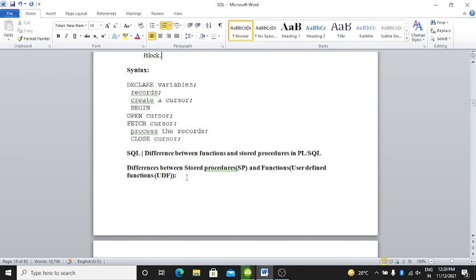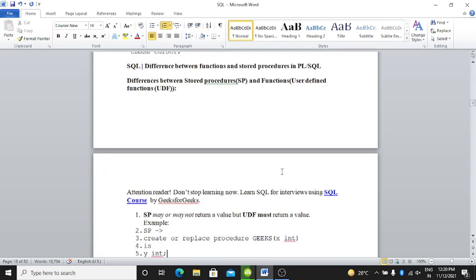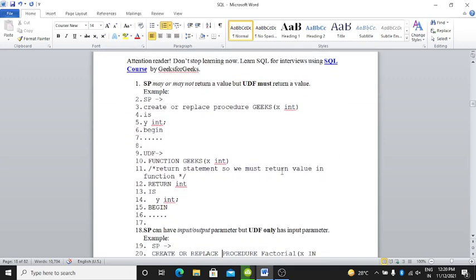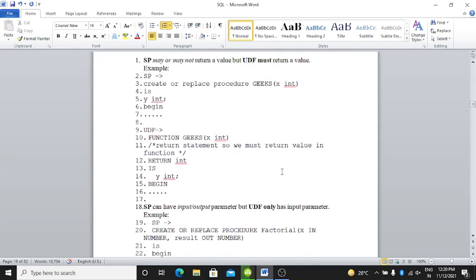Here the difference between stored procedure SP and user defined function UDF is important. SP may or may not return a value, but UDF must return a value.